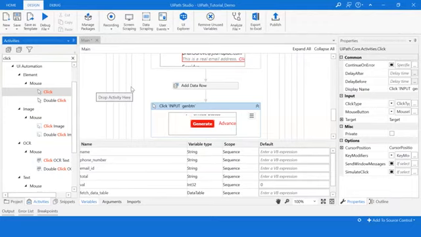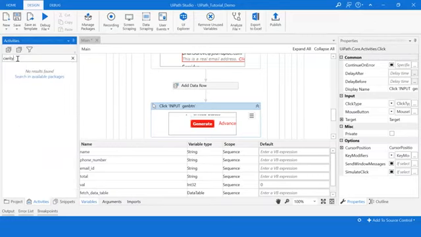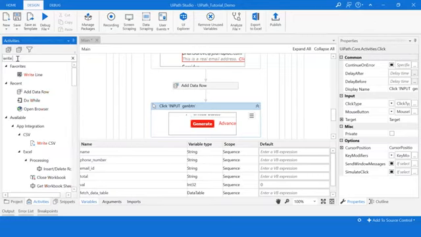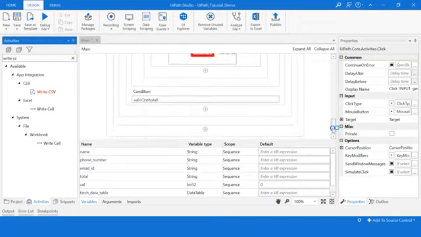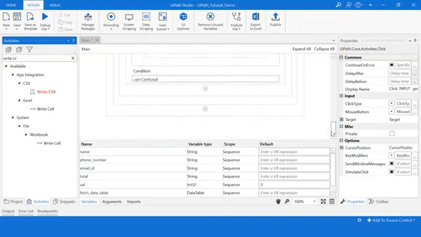Next, I will write the data to a CSV file. So I'll search for write CSV under activities and I'll drop it towards the end of the sequence right here.